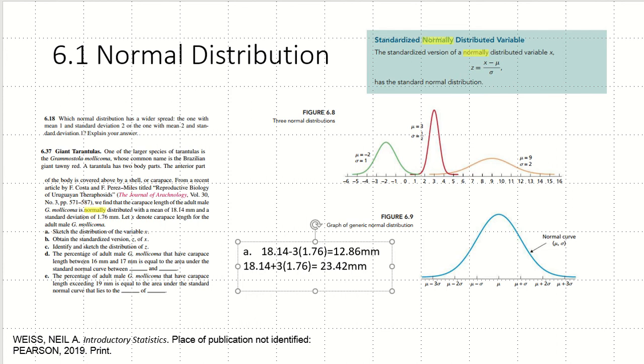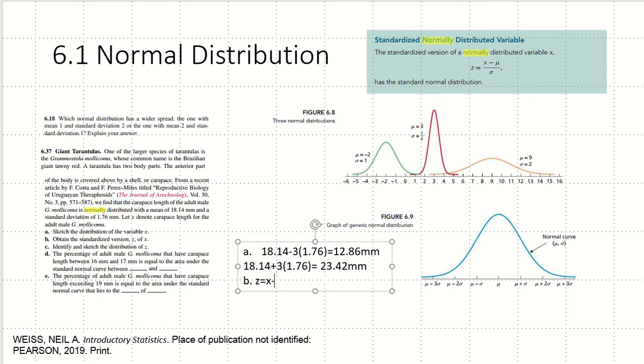The next part is B. Obtain the standard version of z of x. I have this text box right here, taken from the textbook, that tells us that the standard version of a normally distributed variable x is z equals x minus mu over the standard deviation. And so in order to answer B, we're going to say z equals x, whatever that x is going to be,